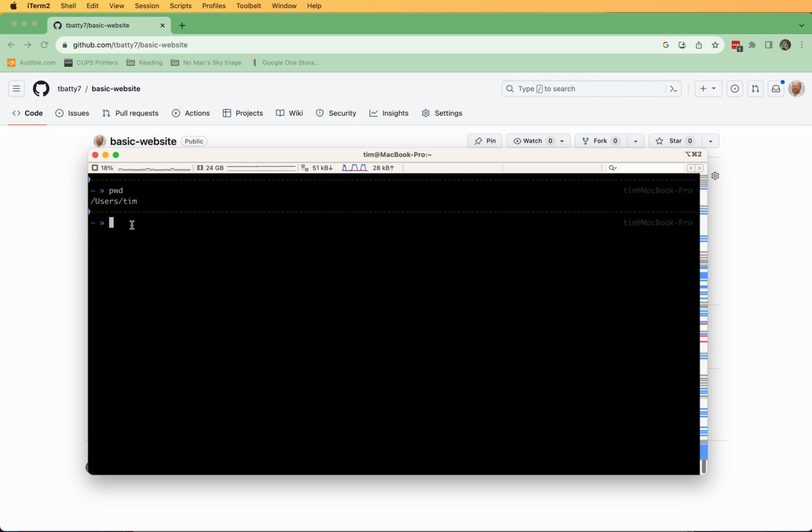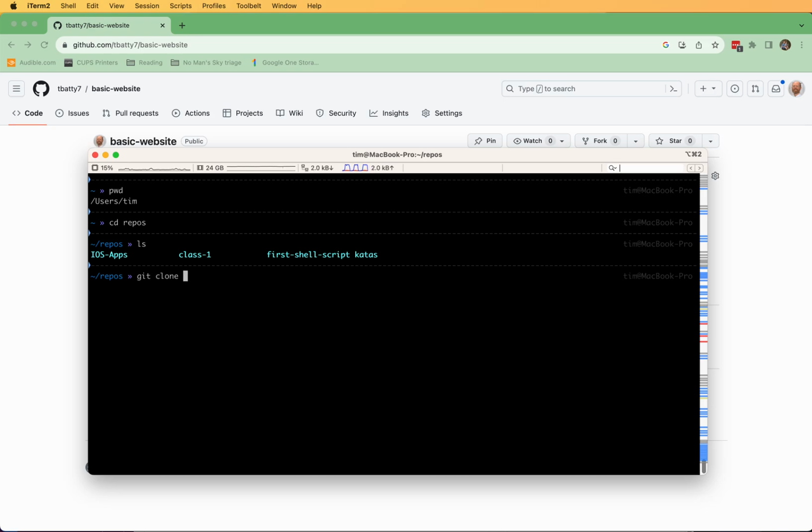And then if I go cd to change directory to repos, it's a folder that I created that I put all my GitHub repos in. And then if I type ls, you'll see I've got a few things in here. But I'm going to do git clone, and then I'm going to paste the